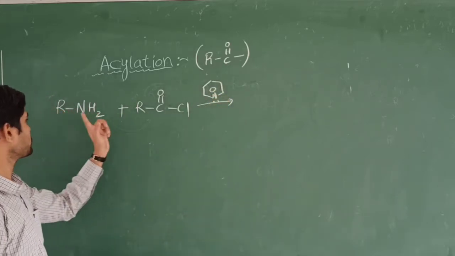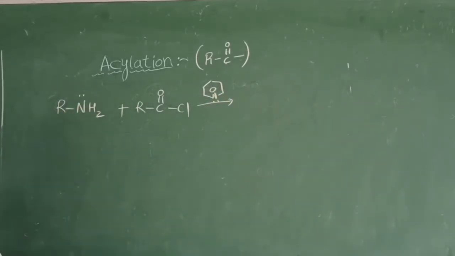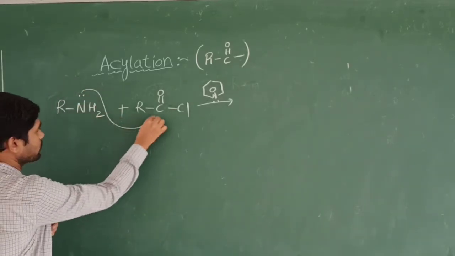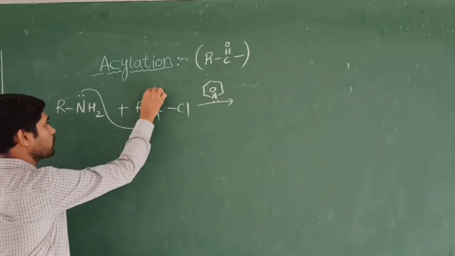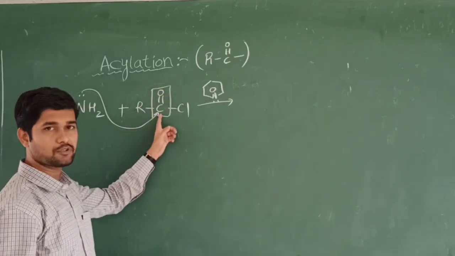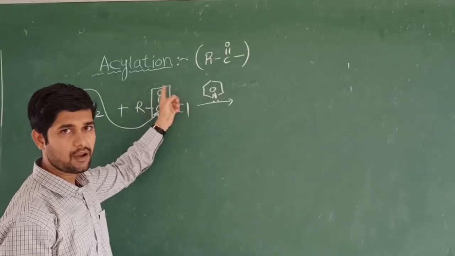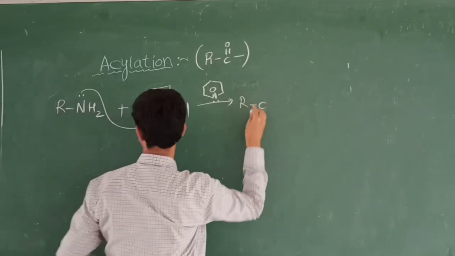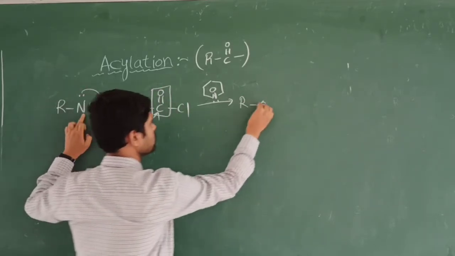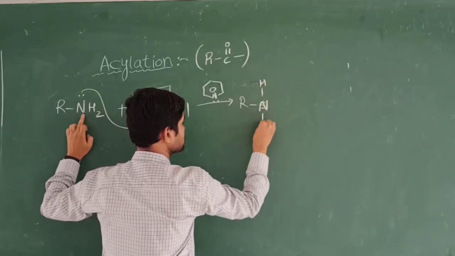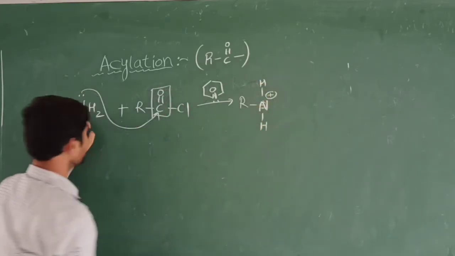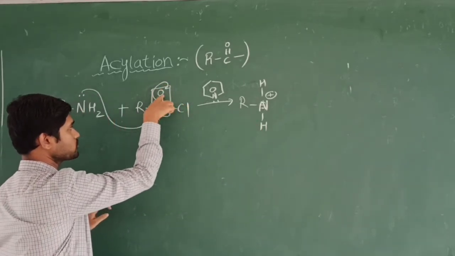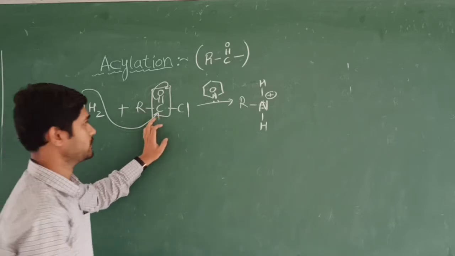Here the lone pair of electrons on the nitrogen atom is very reactive, so it forms a new bond with this carbon. You know this is a carbonyl function, so there is a partial positive charge on carbon and a partial negative charge on the oxygen atom. What happens, in order to see the mechanism? Nitrogen has the two hydrogens and a positive charge because of the new bond formation, and this bond migrates towards the oxygen, which becomes O minus, because carbon becomes pentavalent.